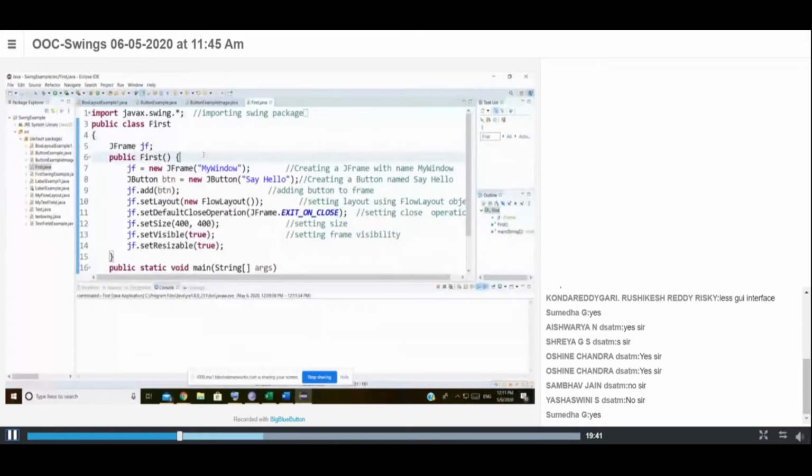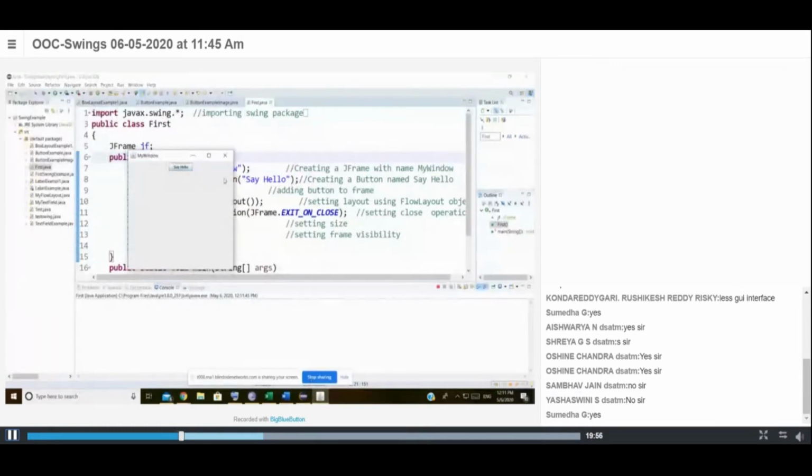So normally whenever we are writing any application, it may be a Java Swing application, two things are very important. One is container and component. See, if I run this, the entire window you are seeing now, we call it a container. And in this container, we may have different components.